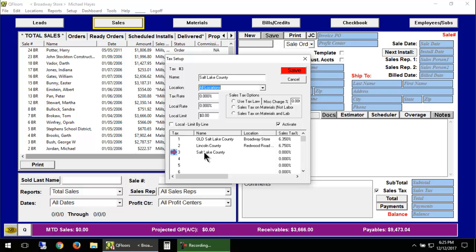and applies to one location or another. This one says Broadway store, so I'm going to set this at Broadway store. It's use tax, and the new rate is, we'll say, 7%. And we'll save our changes,